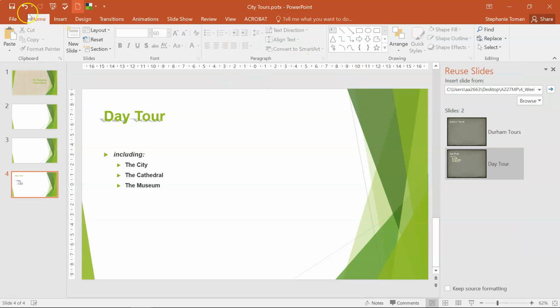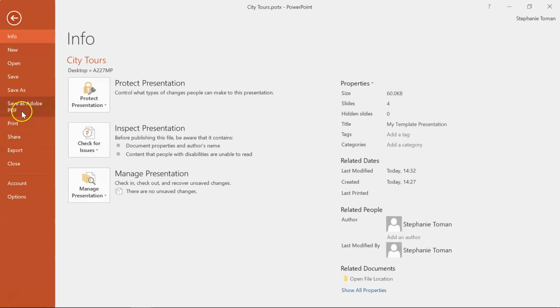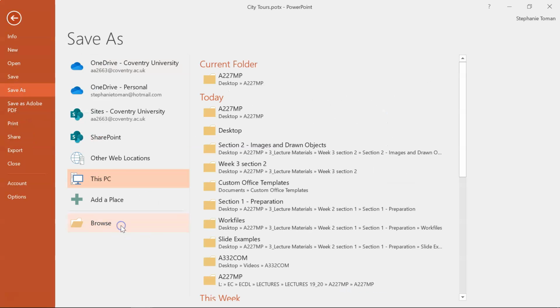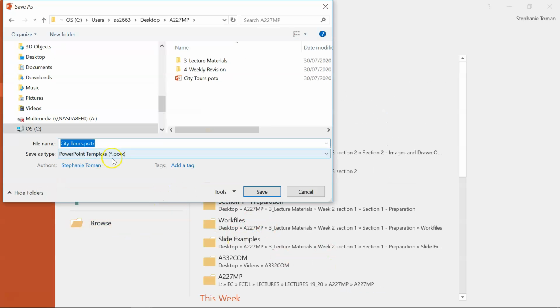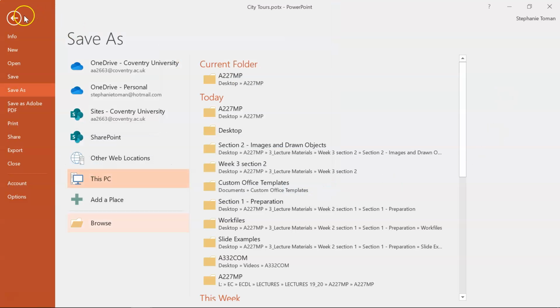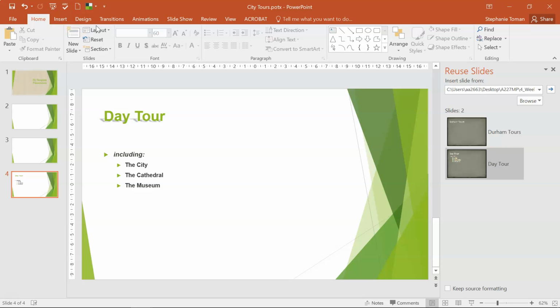back, close that, and then we're going to File, Save As, and Browse. Make sure it's still a template, which it is, and we're going to change the name again. So it's quite tricky, all of that. New template, and then finished. Okay, so that's the weekly revision exercise questions that go with week 2 lecture, questions 1 to